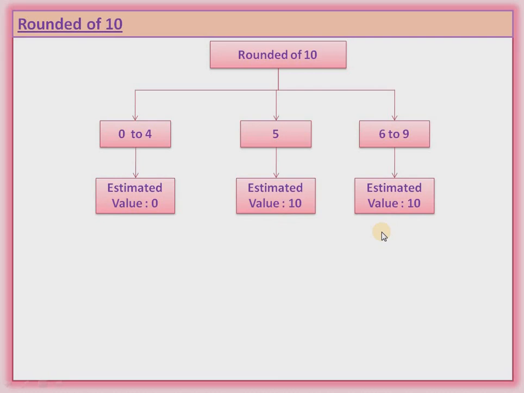Okay, now look at this side. I am going to take 2 examples so you can understand better. The first example, 998. What we have to do? We are going to round it off to 10. So how to do it? First of all, you make the line at the last digit, it means the ones place.